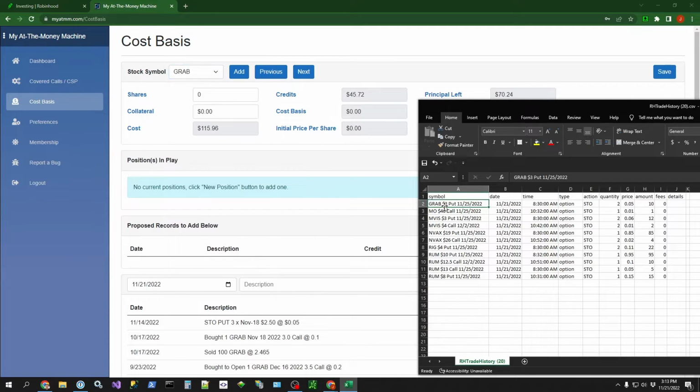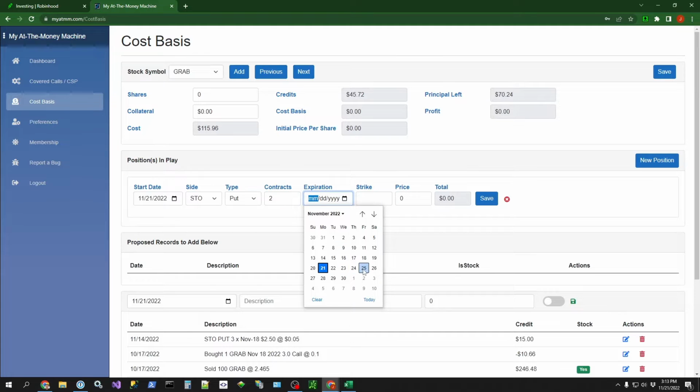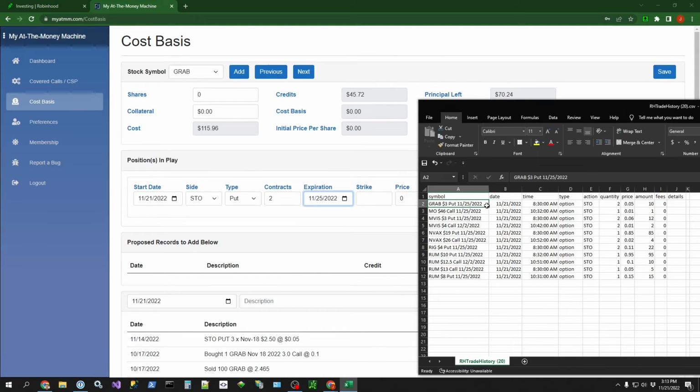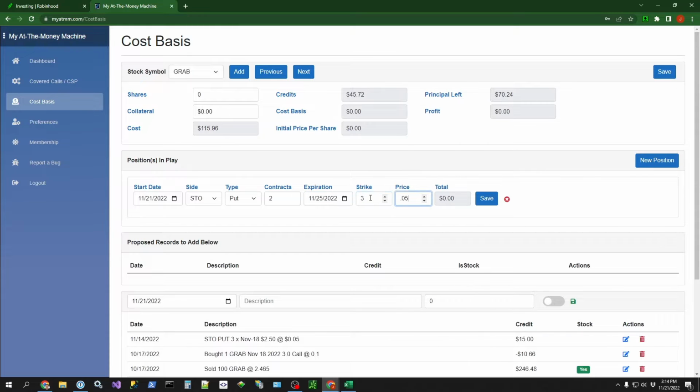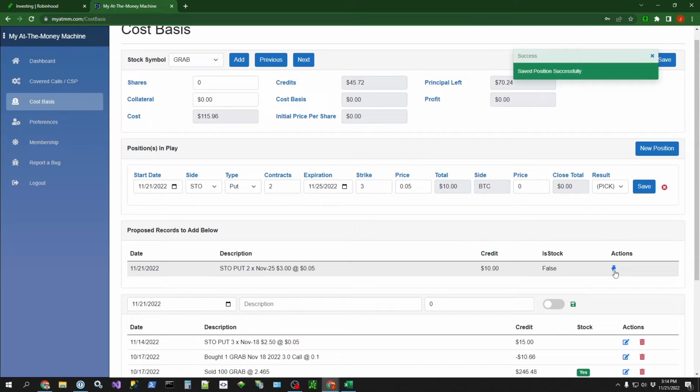All right, so this is two put contracts to expire the 25th of November. All right, so click a new position, sold to open, a put, 2 contracts. I think we said it expires November 25th. Okay, strike price is $3 and the price is a nickel. All right, so 3.05, so $10. Yep, that's what we got. All right, so click save, put it down there, click save, and by the way, you'll see this happening on